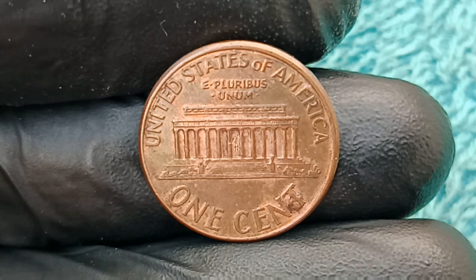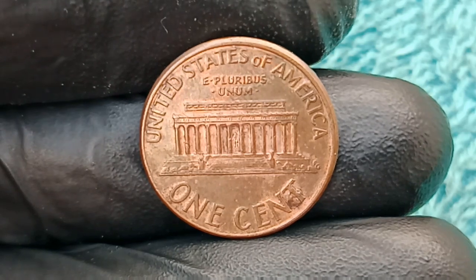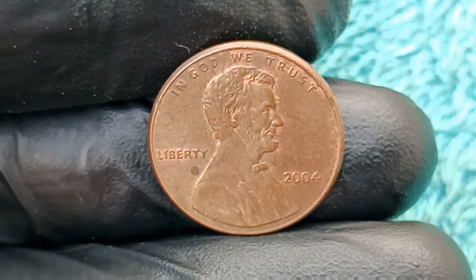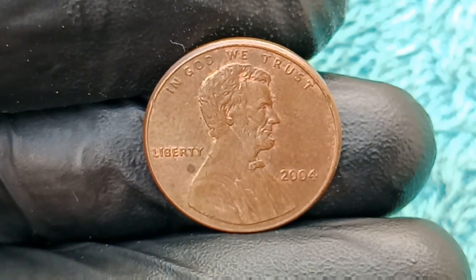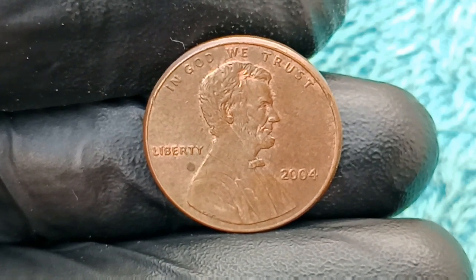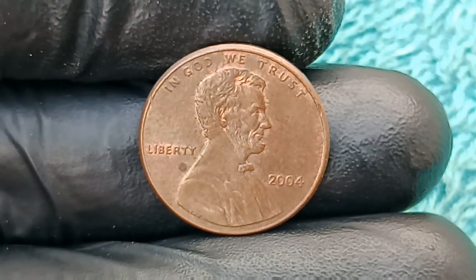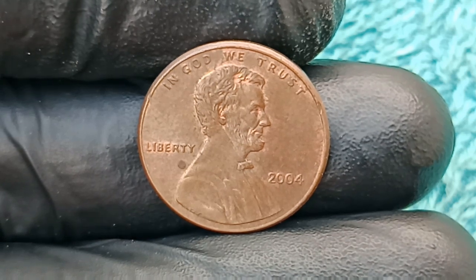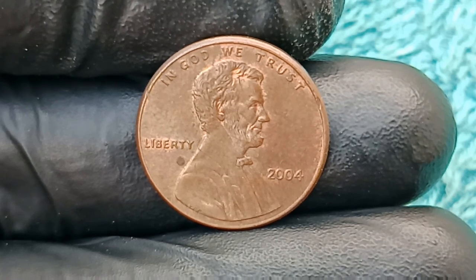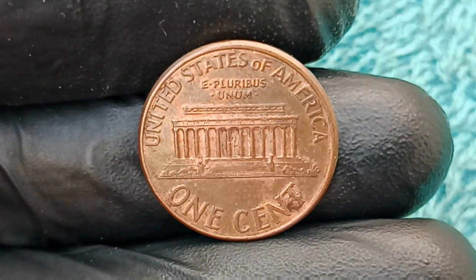And as if that weren't enough to grab the attention of the numismatic world, further examination revealed that the reverse side of the coin had been subjected to a double strike with a rotated reverse die, resulting in a ghosted Lincoln Memorial that appeared to be twisting across the coin's surface like an optical illusion, with doubled letters appearing in "United States of America" and a severely doubled "E pluribus unum" above the memorial, creating a jaw-dropping visual that has never before been seen on a Lincoln Memorial cent in this level of clarity and precision,